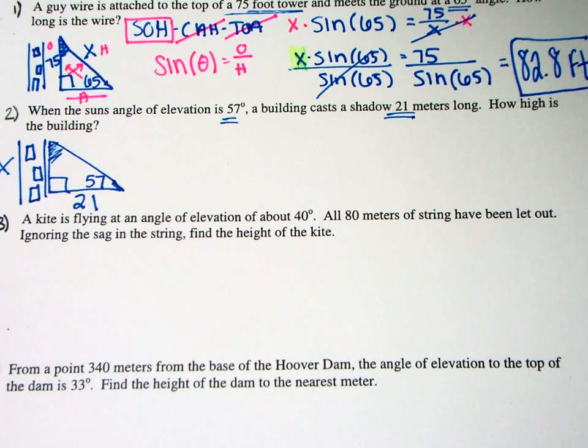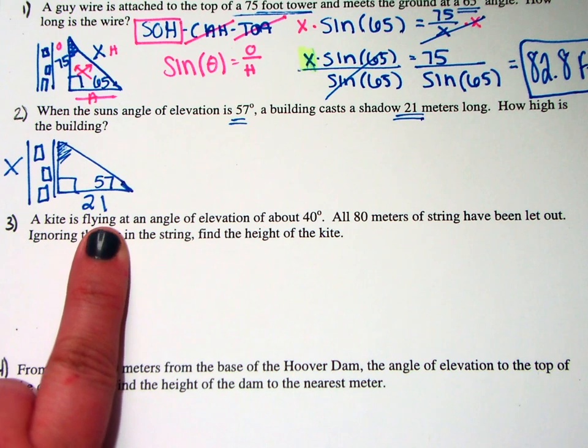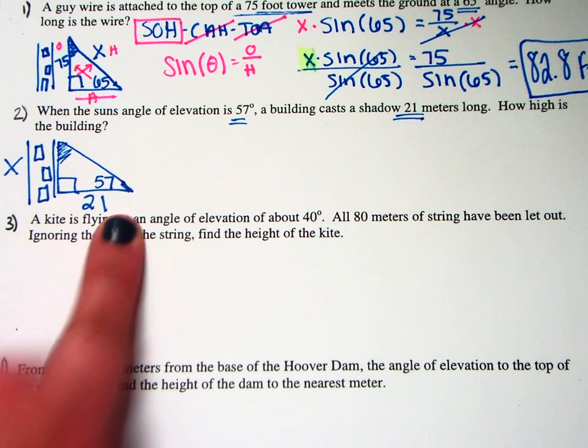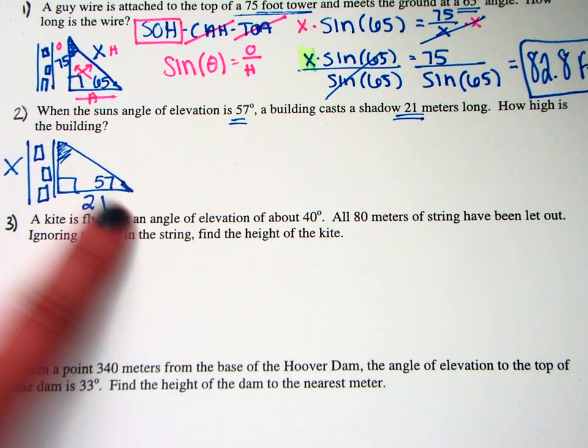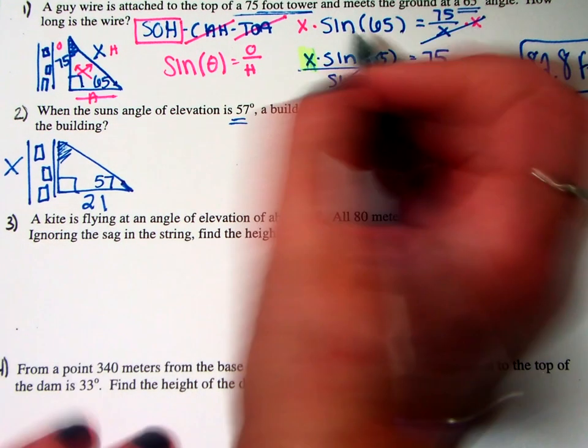That's my X value. If I want to know how tall something is, that's always going to be a vertical form of measurement. And if I have a shadow, that's always on the ground. You cannot walk underneath the shadow. So your shadow is never going to be the hypotenuse. Shadows are always on the ground. So I'm going to use trig. I'm going to write